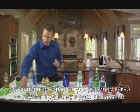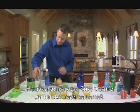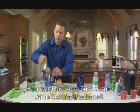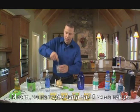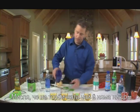Let's come back over here to this little guy and let's see what's going on here. He's having a hard time getting started. I don't know too many people that would actually want to drink that cup of tea, but take a little look though. I don't think there was anything wrong with the tea bag. The problem